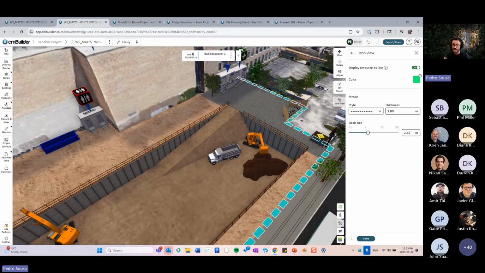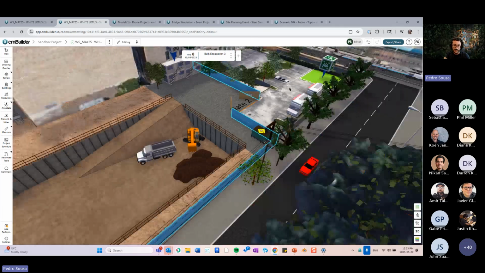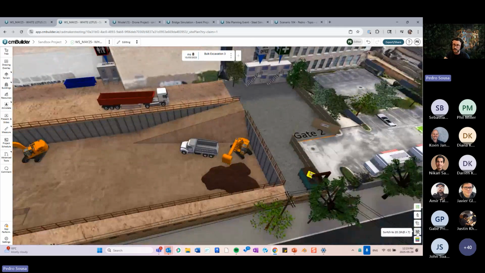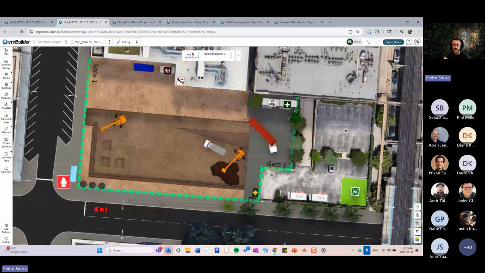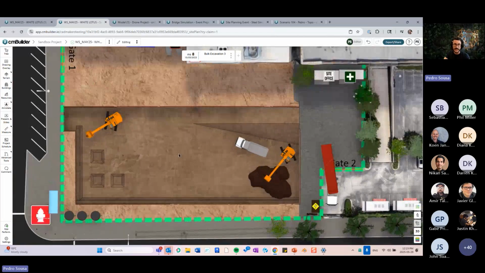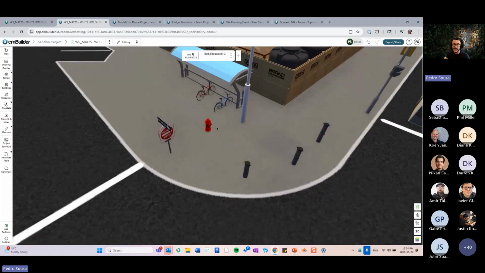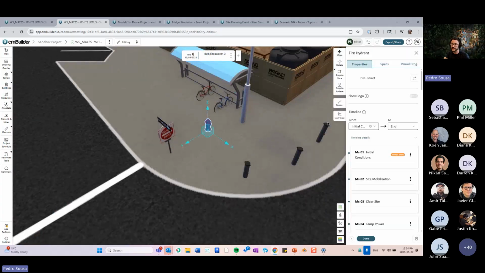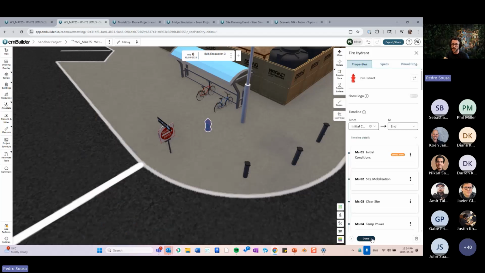So if I turn this on, you see that the resource is going to be replaced by a line on the ground. But in 3D, this might not be super useful. When you go into 2D, that's where you're going to start seeing your site look almost like a drawing, because that icon view can be applied to linear resources like my fence over here, but also to point-based resources. So this fire hydrant, if I deactivate the icon view for it and I go into 2D,